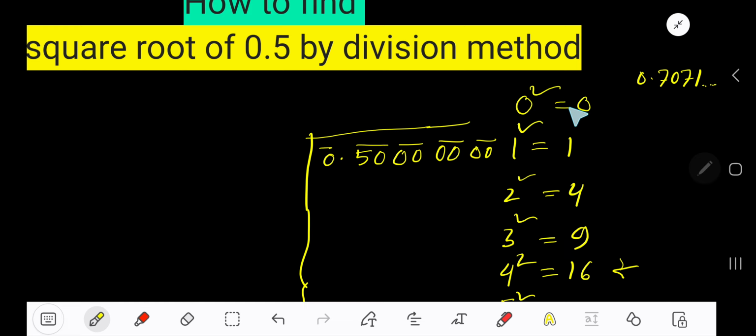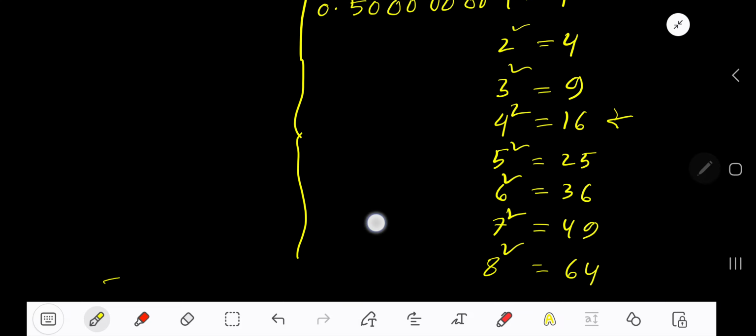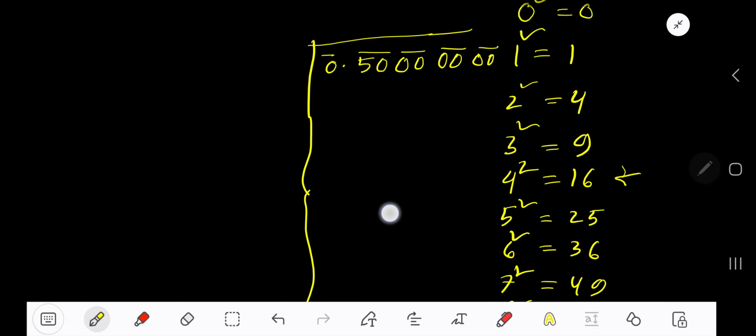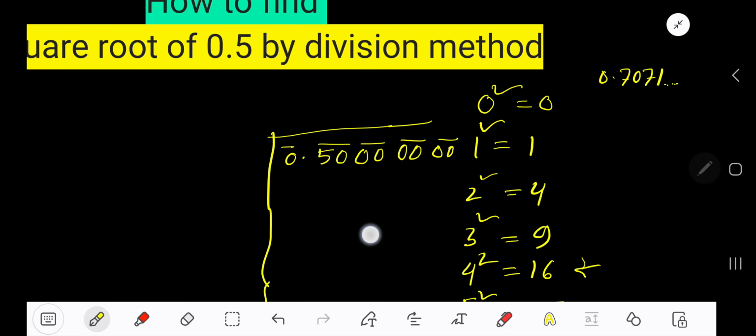look, 0 square equals 0, 1 square equals 1, 2 square equals 4, 3 square equals 9, thus 7 square equals 49, 8 square equals 64. These 0, 1, 4, 9, these are perfect square numbers, right? So